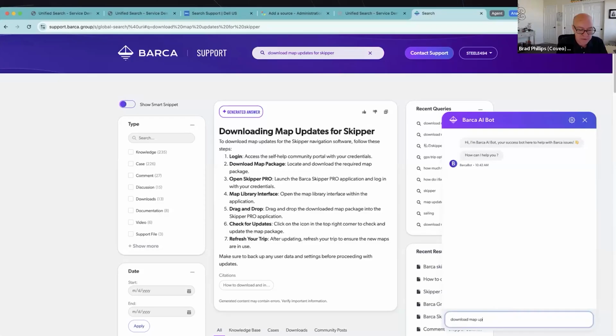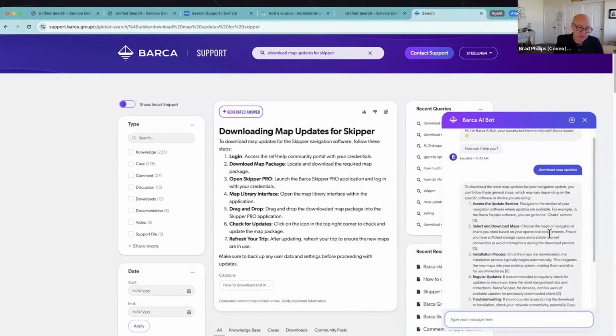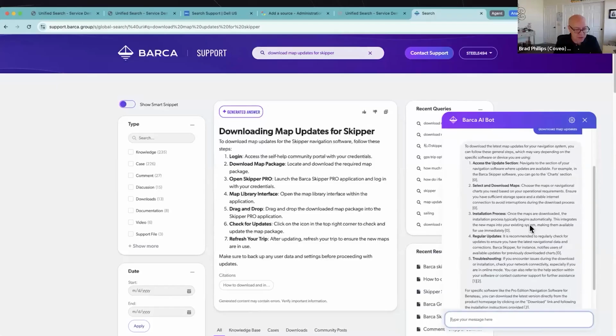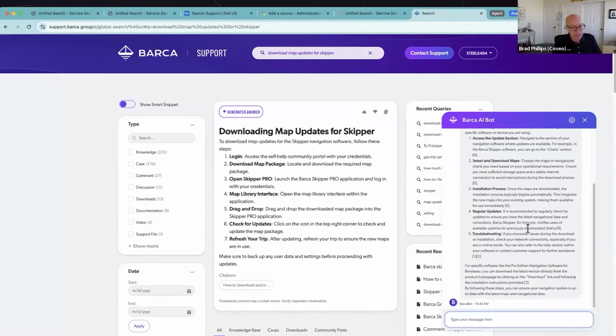Let's say I prefer to use a bot experience for either interacting with the machine, with AI, or even maybe reaching out to a human being. So let's ask about how do I download map updates. And again, you're seeing a little bit of a debug view here. You're seeing some things that are happening behind the scenes that we're presenting. You probably wouldn't do that in production. But let me see as this answer comes up. First of all, I get, once again, sourced from that index of all those different silos. We're bringing all that together. Passages are retrieved from that. And we're using LLM technology now to just directly answer that question.